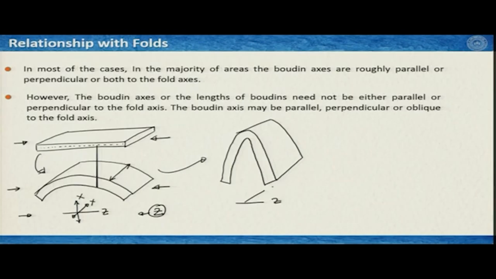This is your z, this is your y, and this is your x, and these limbs of the folds are slowly orienting themselves along the principal extension direction. So, therefore, this layer, if I consider this particular segment here or this segment here,